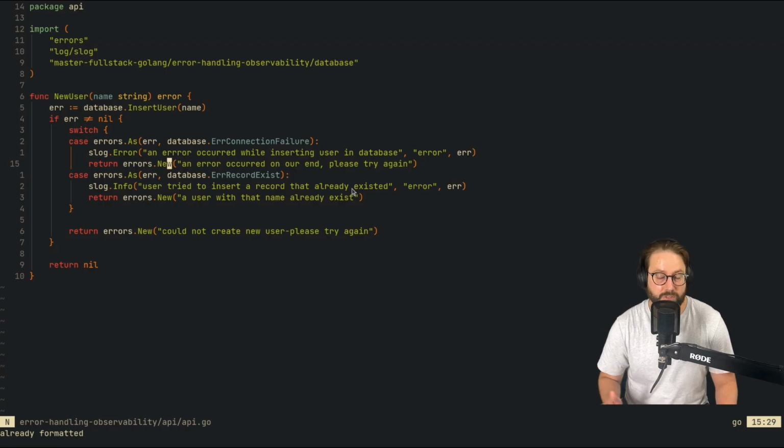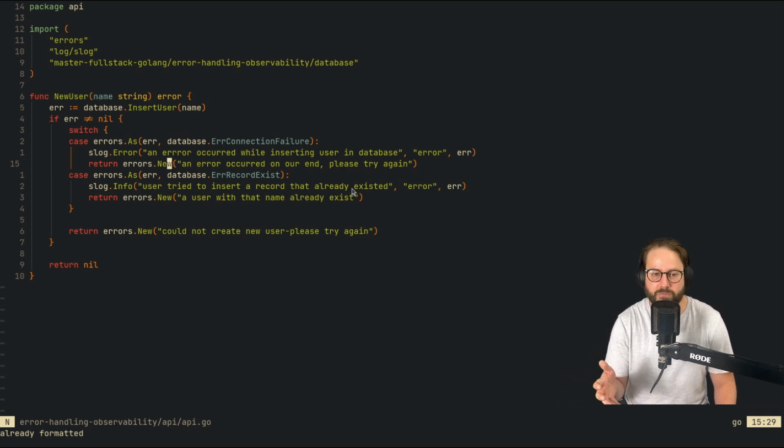This all definitely takes a bit of practice, and these examples I've shown you right here are not really real world examples. It's more illustrative, but follow the guidelines here of trying to log the error where it's handled, and try to handle it in a place where it makes sense. And then again, that takes practice, right? Because where does something make sense to handle? You could argue that it makes sense to handle in the database,